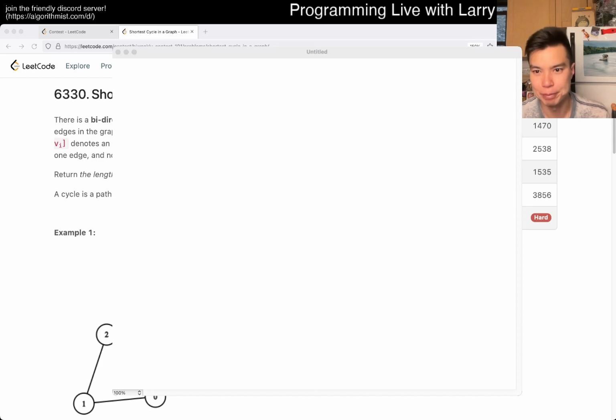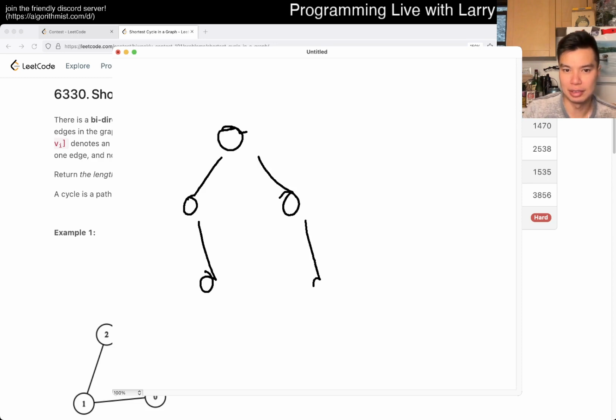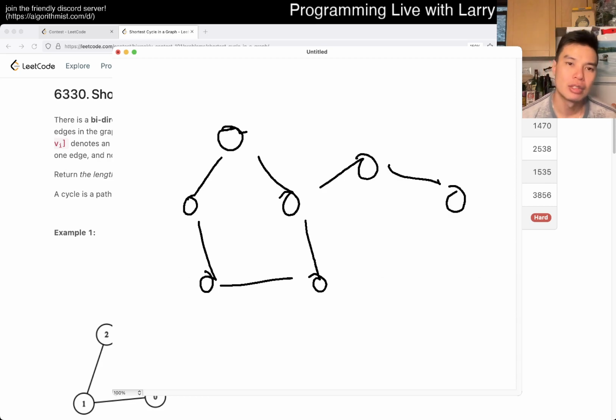Hang on. But basically the idea is that, okay, let's say you have a graph that looks something like, say, this. There could be other components, but that's not really the interesting part here, right? The idea here is that, let's say we root this and start here. We're trying to figure out basically the smallest cycle that includes this node, and my breadth first search is that I'm just going to do